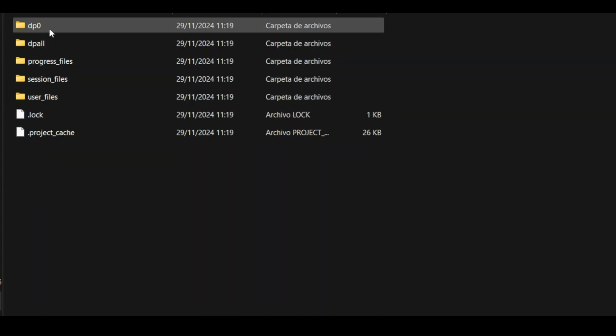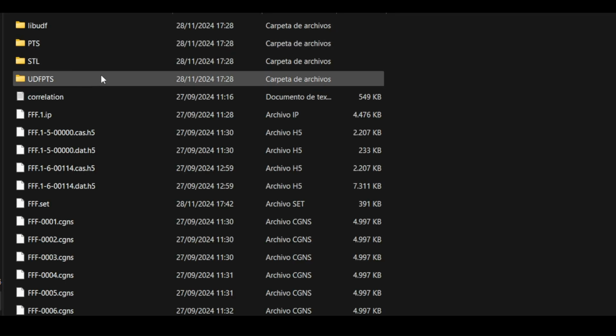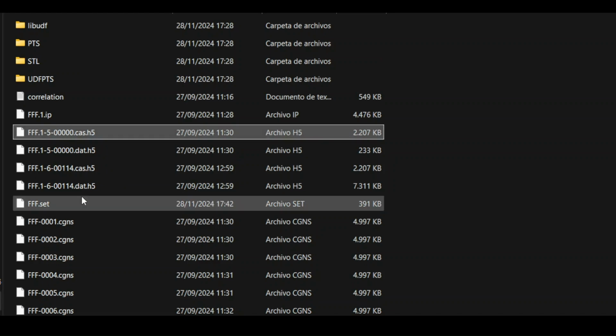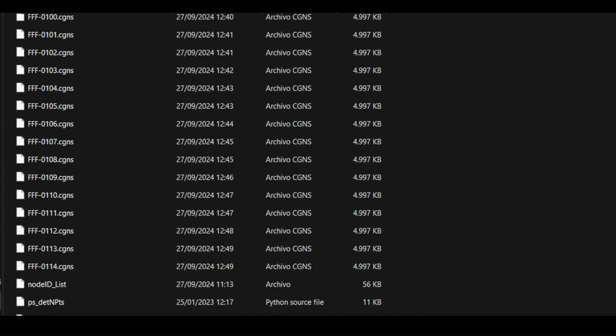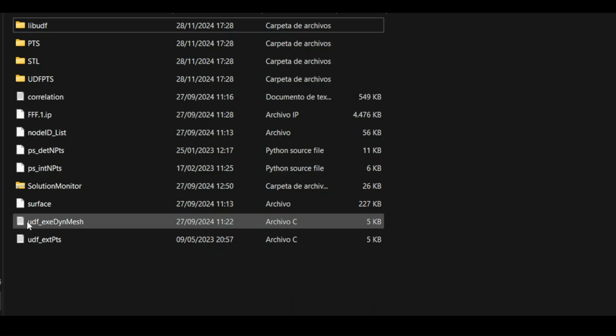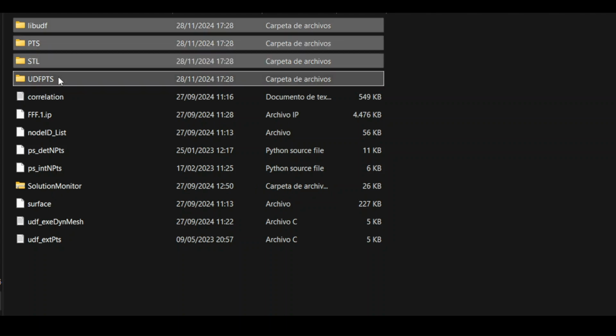So we're going to take all of this, copy it, and go to our Fluent workbench, Fluent directory, which is in our case here, and we have to see where we have to delete what we have here, all of this, which is just time step, that in your case you don't need it. We are going to also delete all of this,